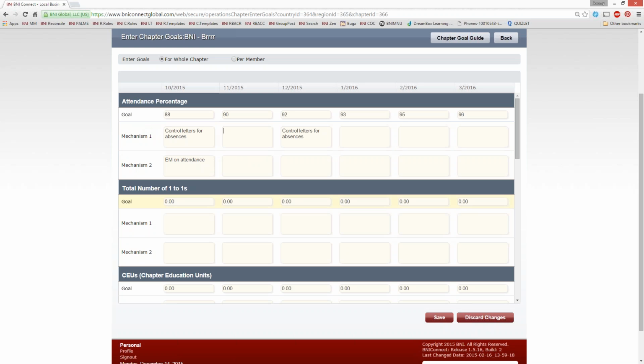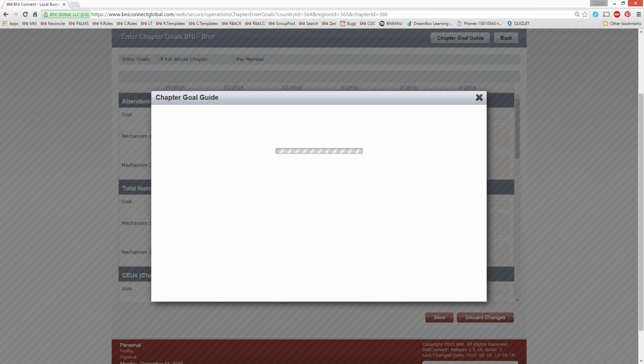If you're not sure about mechanisms, a couple of suggestions for you. First of all, set up a one-to-one with your director consultant. Your director consultant is a wealth of knowledge about some of these types of things. But we also have the chapter goal guide up in the upper right-hand corner. And the chapter goal guide will give you some sample mechanisms for what you can use for each one of